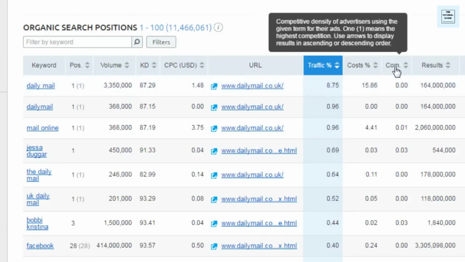Now the competition is based on a scale of 0 to 1, with 1 being the hardest level of competition. So this is going to help you determine if this keyword is actually worth pursuing. Now here's where you want to be able to go through and sort the different keywords, and see if there are any keywords that you believe would work for your site. Then if you find those, you can further explore those specific keywords to find out how the competition is actually ranking for them so you can see what's working for them.